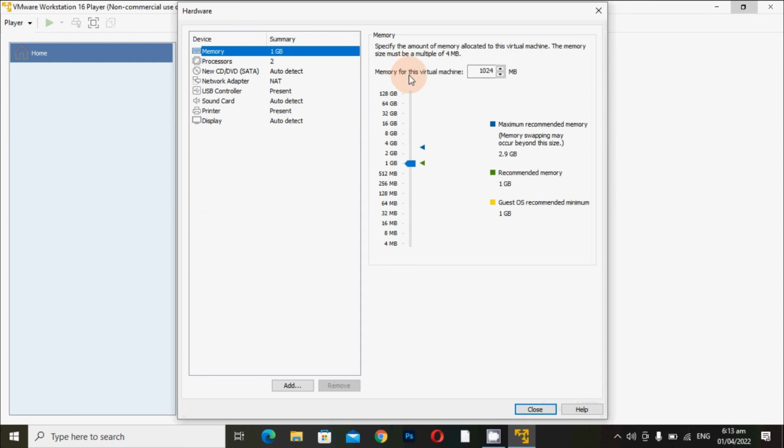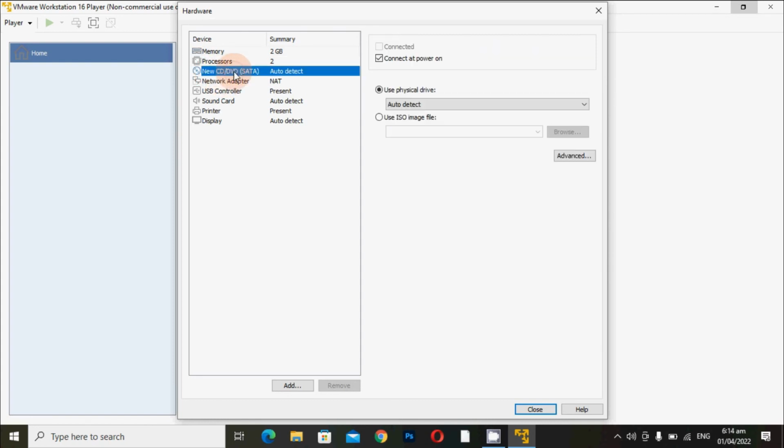Actually, I have 4 GB RAM in my laptop, so I have to divide it between two machines. I will give 2 GB to the virtual machine. Now click on CD/DVD SATA,